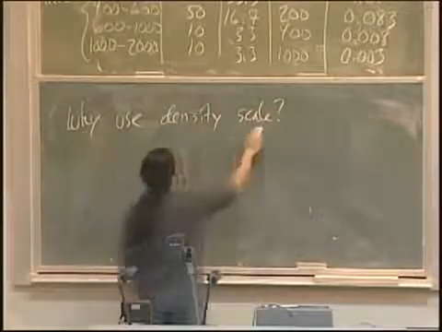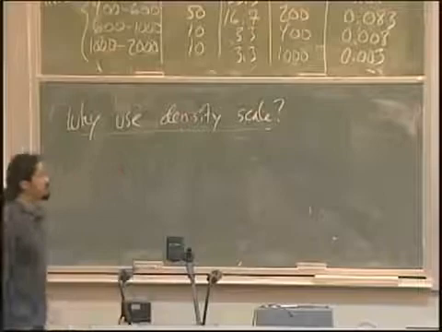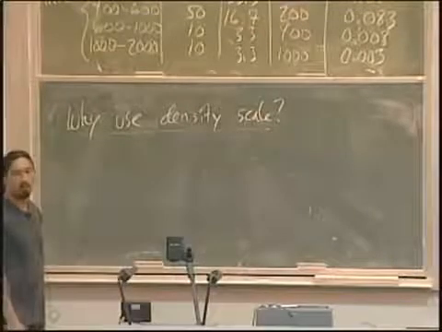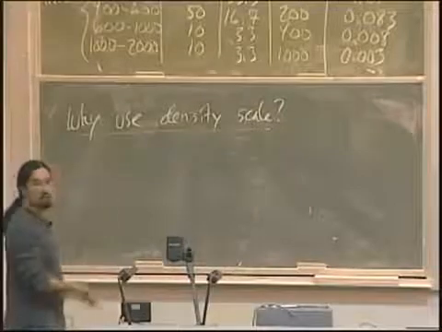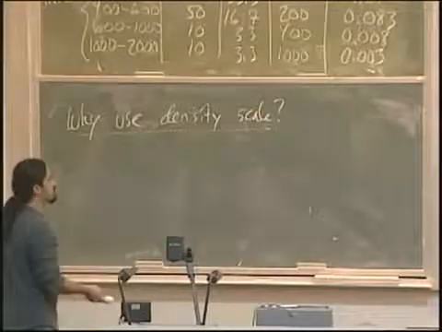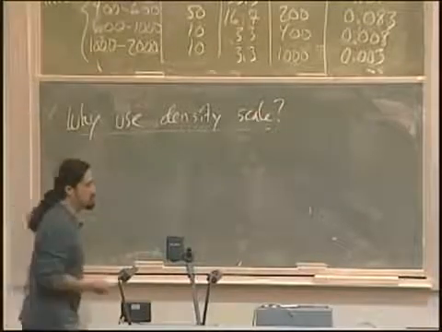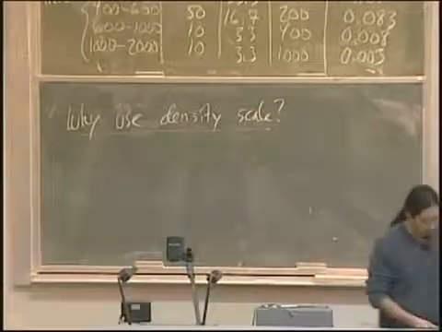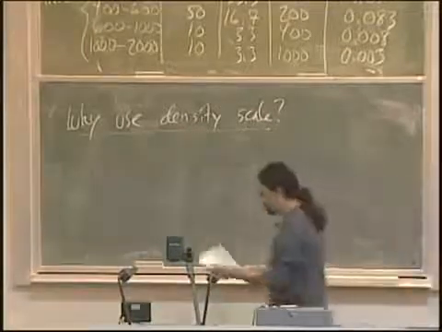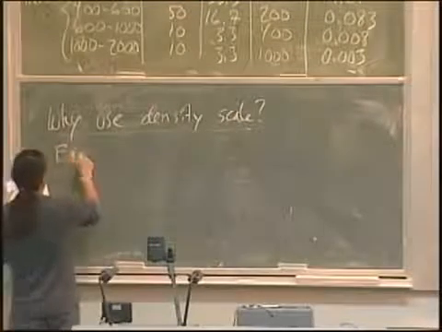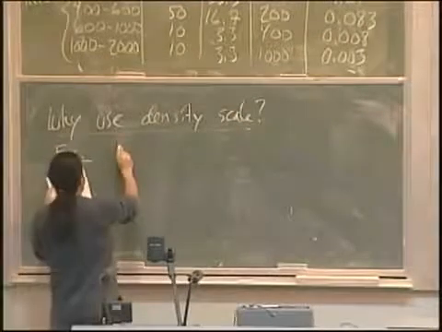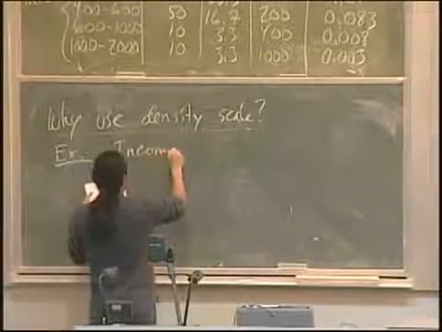One thing people sometimes suggest is, why not just make the heights in percentage terms? These units, percent per minute, are kind of weird. Why not just make the heights the percentages themselves? Let's think about what happens if we do that. I'll do a quick example, with totally made up artificial data